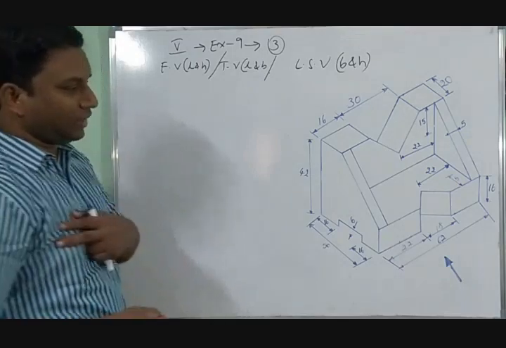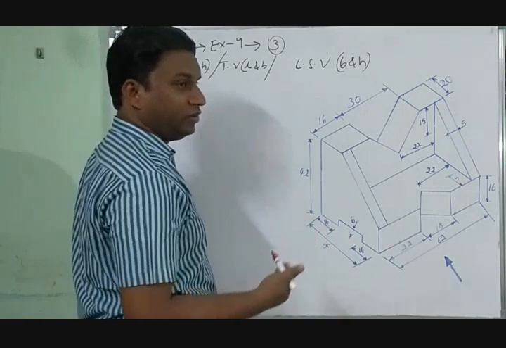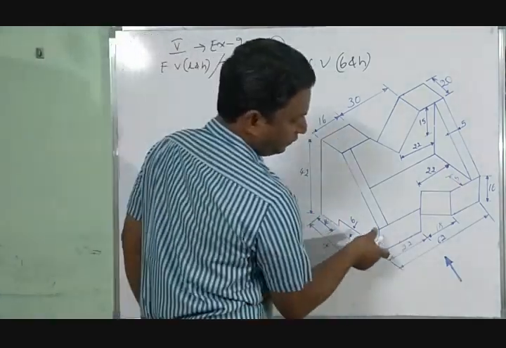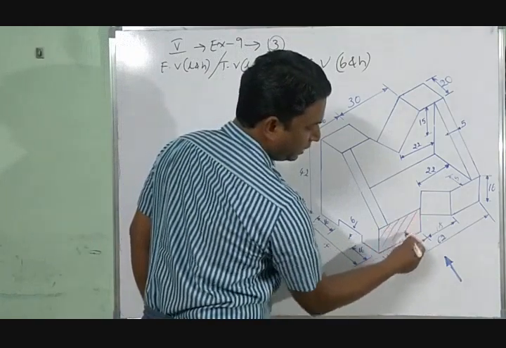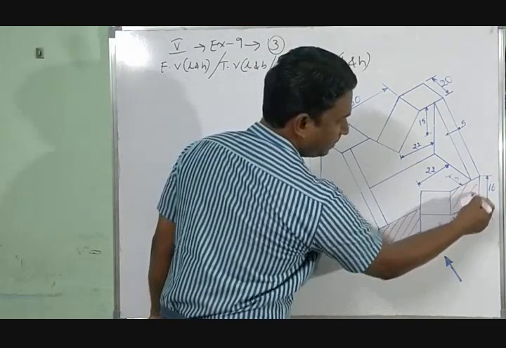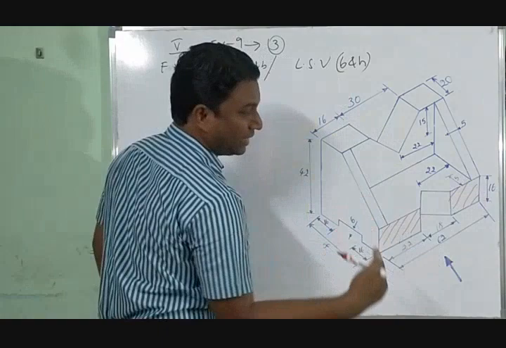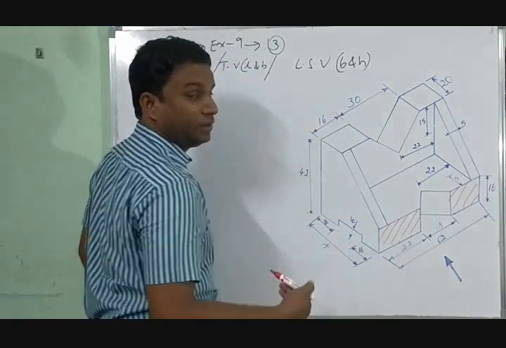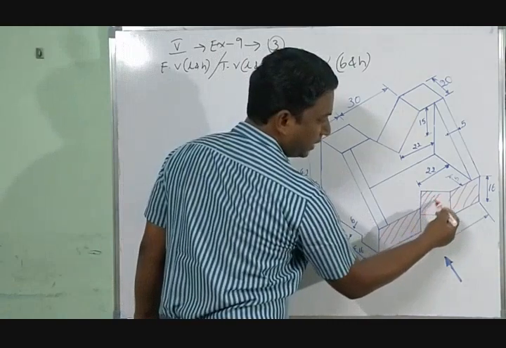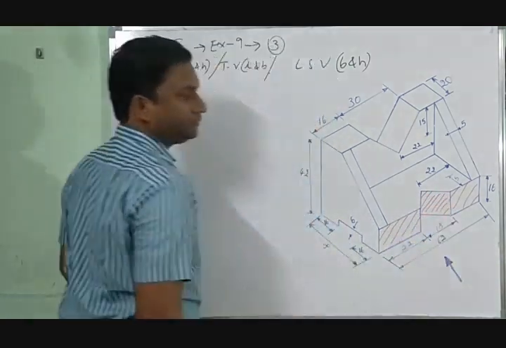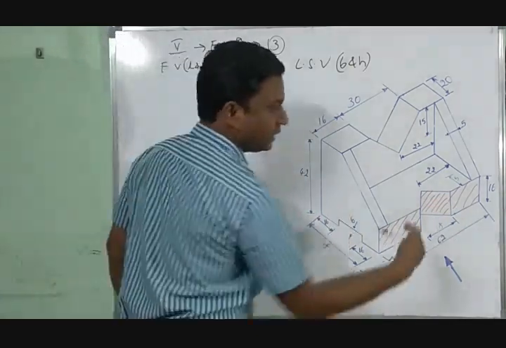It will be very simple. What are the things which you have to consider as part of the front view, length and height? See here, in the front view, this is the length and height rectangular part, and here also the same. But for this rectangular part, there is an undercut of triangular shape. That means this also comes as part of your front view. Hope you are understanding. A rectangle consisting of a depth undercut.